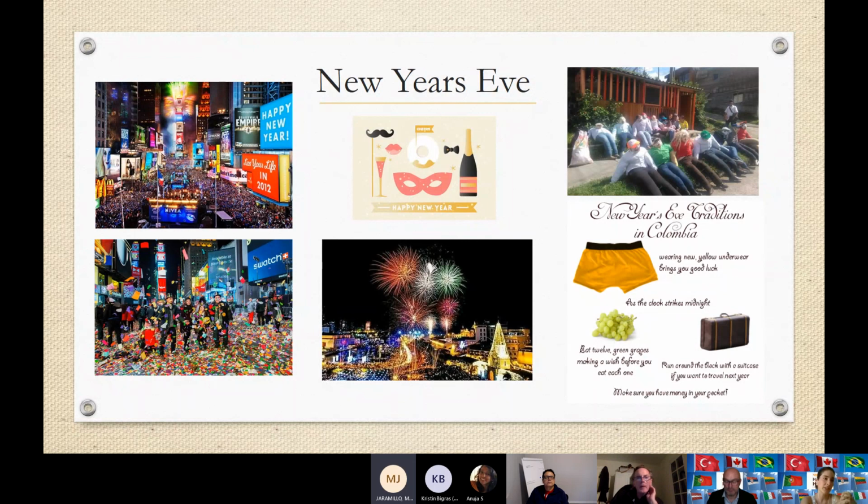And then we also have some traditions. The ones I posted below are the most typical ones. So we usually wear yellow underwear because this brings good luck. And it's true. I remember my mom always had yellow underwear for me and also for the guys in the family, so genderless. We had 12 grapes, either green or the other type of grapes, but 12. And every grape would symbolize a wish. So right at midnight, you would eat them in a hurry. Very dangerous. Just wishing for the things you want to have in the new year.